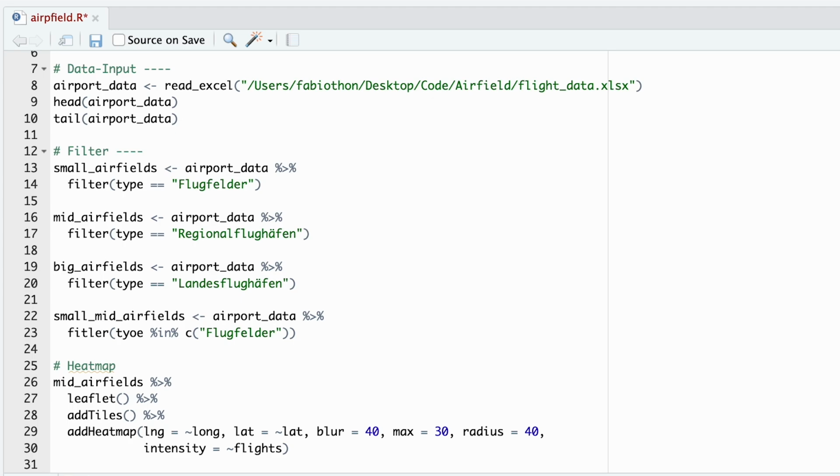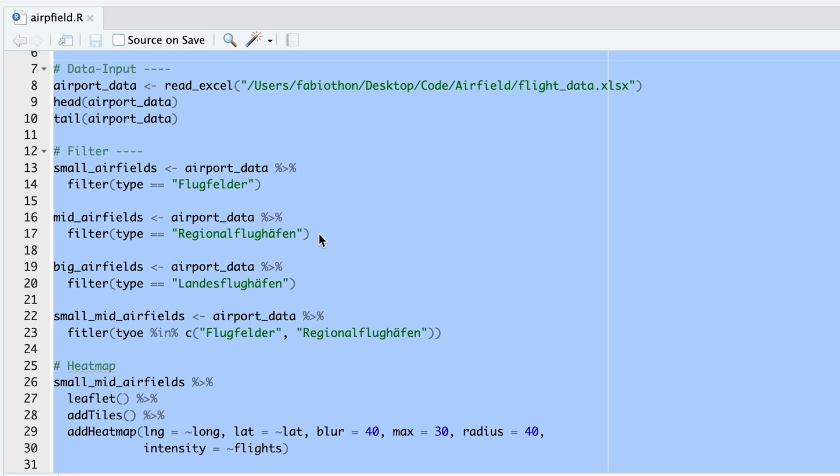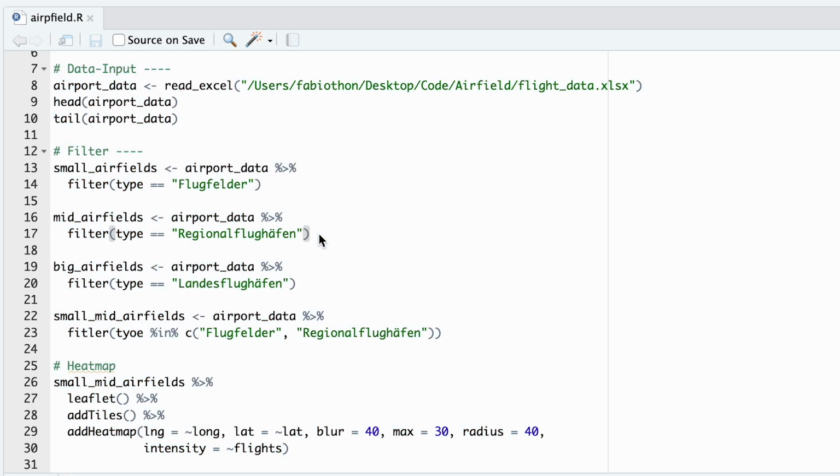We take Flugfelder and then we add Regionalflughafen, and we replace the mid airfields with the small airfields. And now we should see,